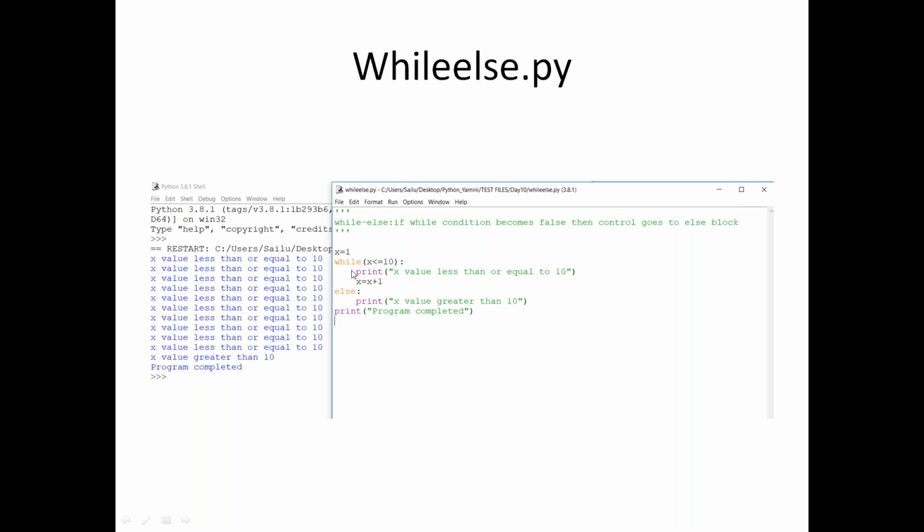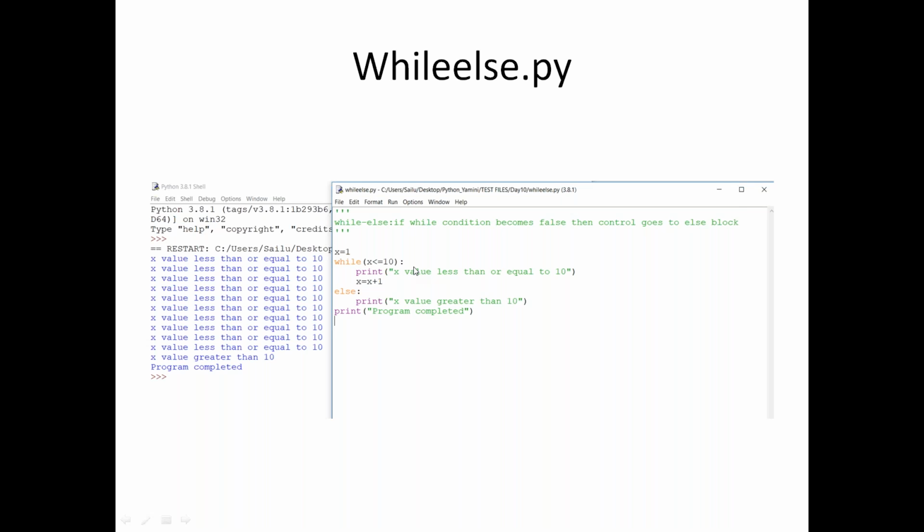So x equal to 1, while x less than or equal to 10. So this is true. So print x value, saying that x value is less than 10. x equal to x plus 1. So I'm giving the increment so that the x value will be increased. So what is happening is, x value is 1, so till it becomes 11, the true statement will be executed.